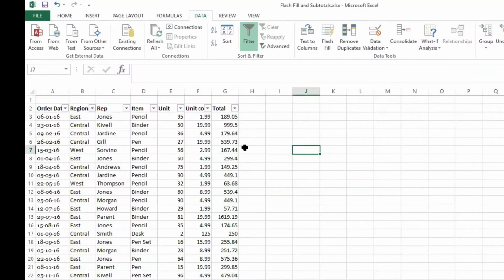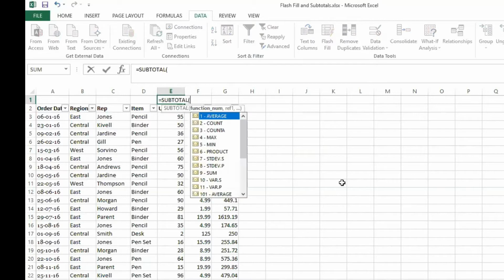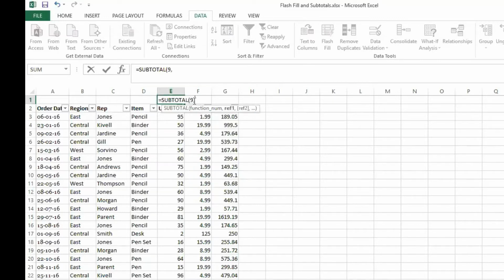So, let's come to subtotals quickly. How subtotals work. So, this is the total units, right? I'll just type the formula here in the same sheet, subtotals. Okay, and these are the number of functions that I can run within subtotal. So, let me take the simple one, which is sum, right? So, I'll type 9 here. 9 represents sum. And now the range.